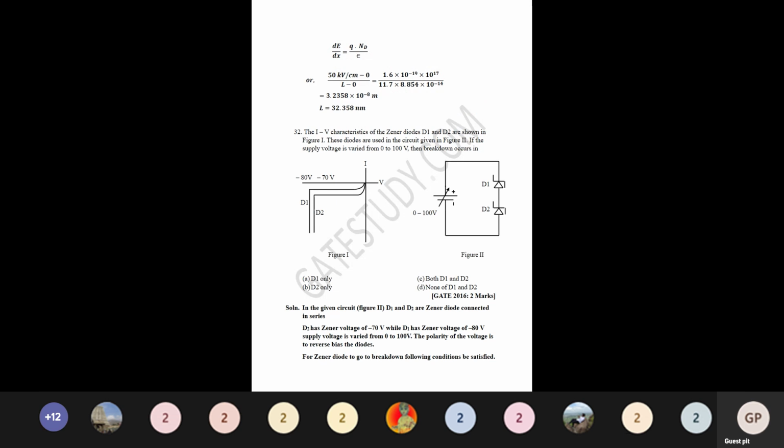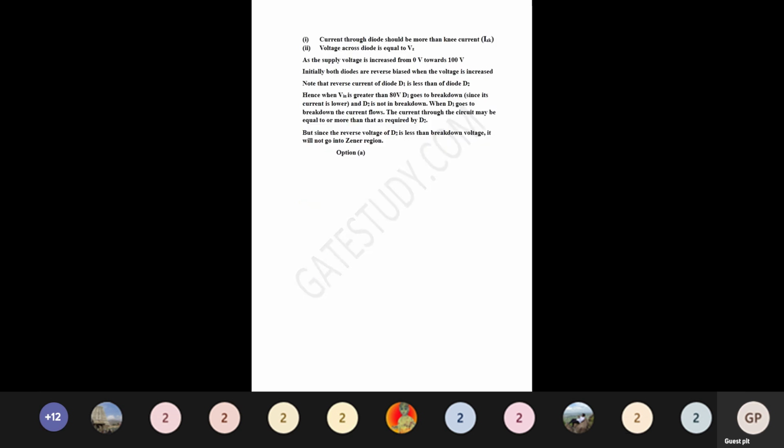Okay, students, with this I will wind up today's class on the PN junction diode. So far, we have seen the PN junction diode, how the junction is formed, the theory behind it, what the depletion region is, what the potential barrier is, and how the transition occurs from the conduction state to the non-conduction state. We saw what forward bias mode and reverse bias mode are. Then we concluded with the advantages.